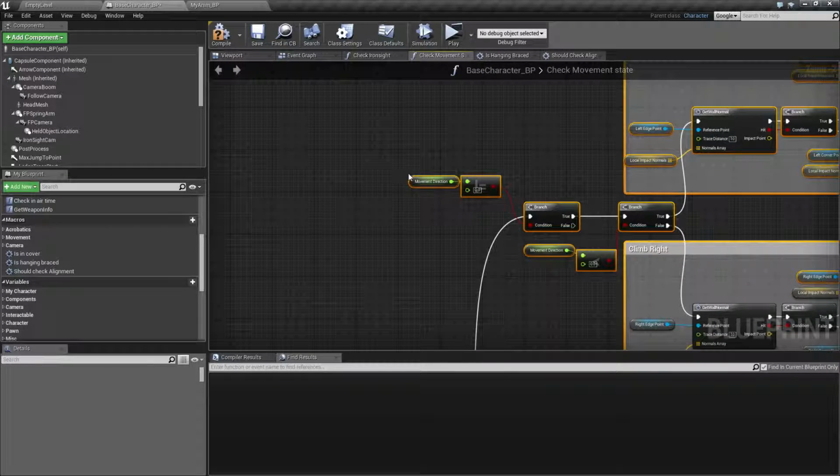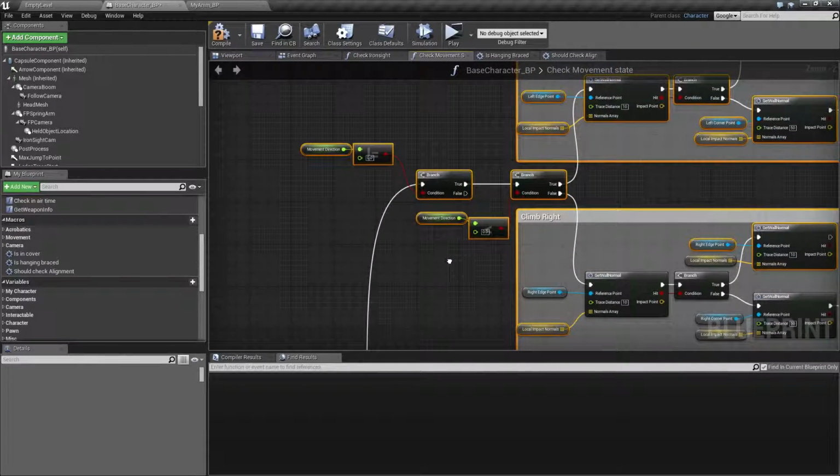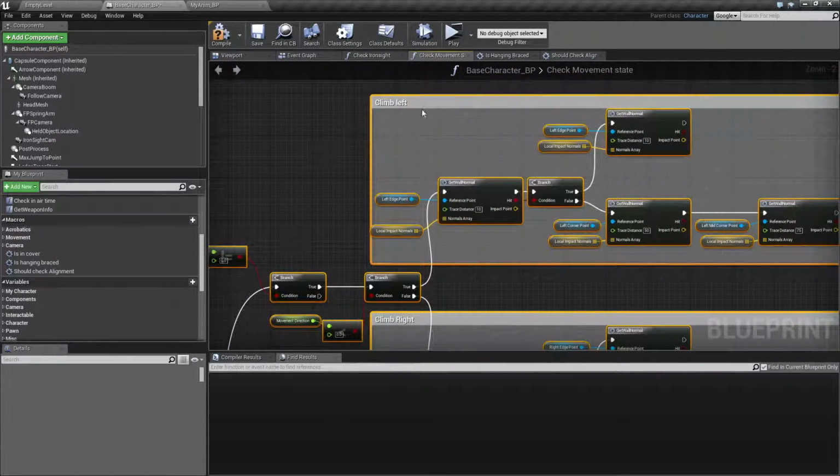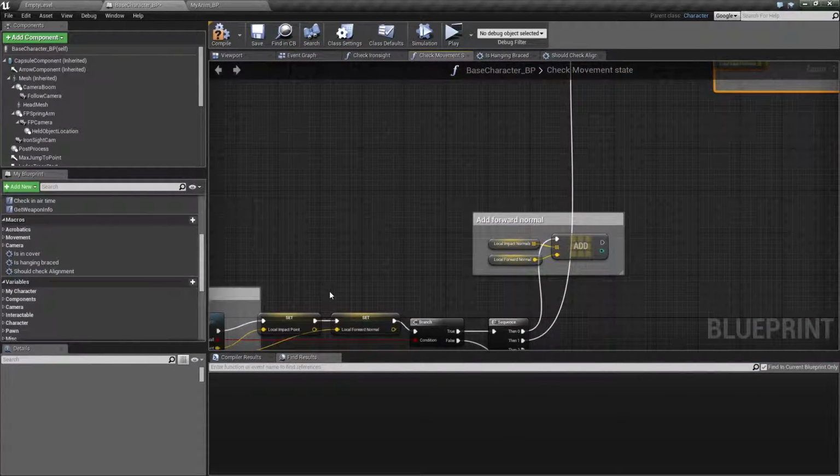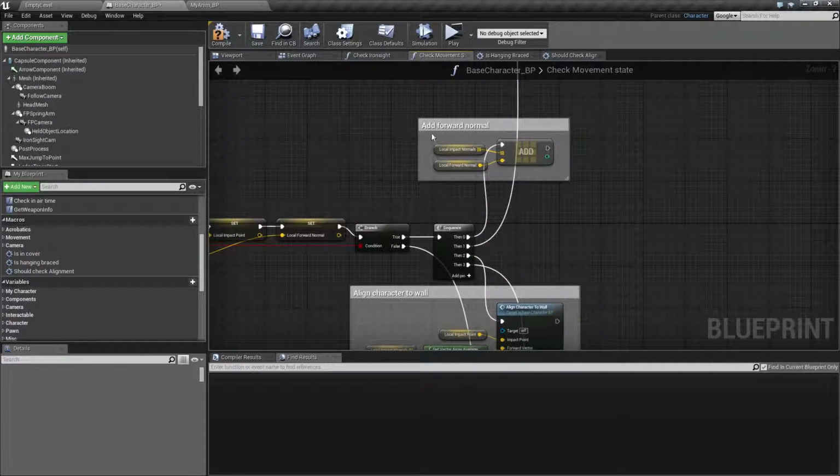So this is saying if we're moving, we want to check how we should align if we are climbing, actually. And the first pin says add the wall normal, and let's see, we want that still to execute, but in between